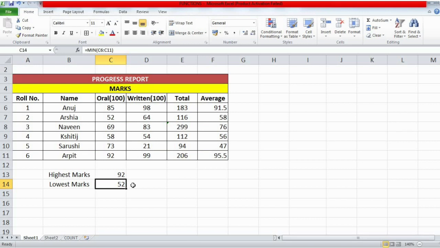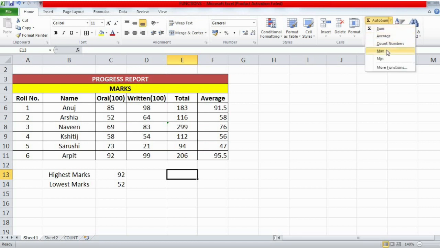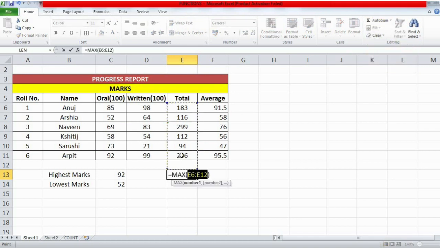Similarly, if you want to calculate who has got the maximum total marks, you can do that also. Go to AutoSum, click on max, select your cell range, and click OK. So what is the highest total? 299. Who has scored this?